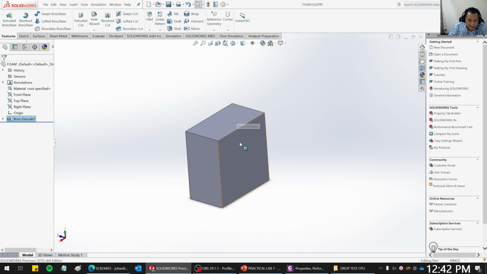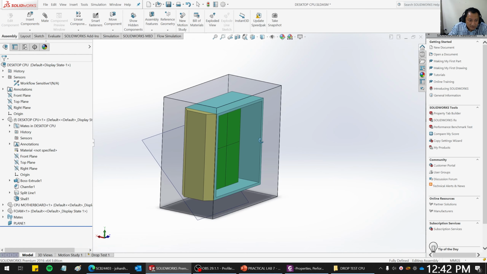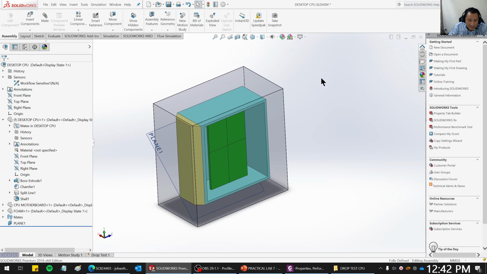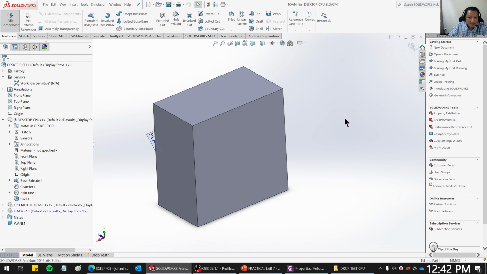It has to have some hollow section inside. So on the CPU, you have to click a component, which is the foam. And now I can edit component. If I don't click any component, I cannot edit that component. If I click this foam and then hit edit component, now I can do